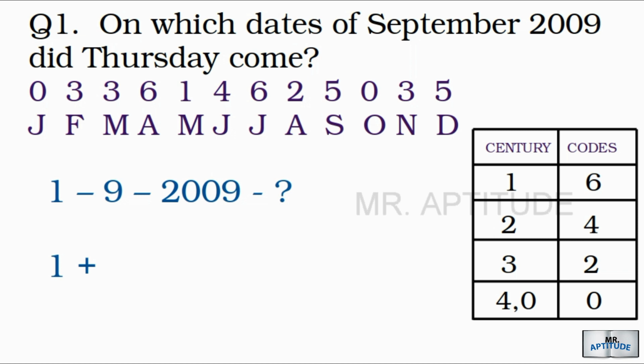Now, date same as date. In the place of month, I want you to write its month code. September month code is 5, and then the century code. As the given year belongs to 21st century, 21 by 4, as your remainder is 1, your century code will be 6. Number of years. We have to write the respective year of the given century. As this is the ninth year of this century, number of years are to be written as 9.